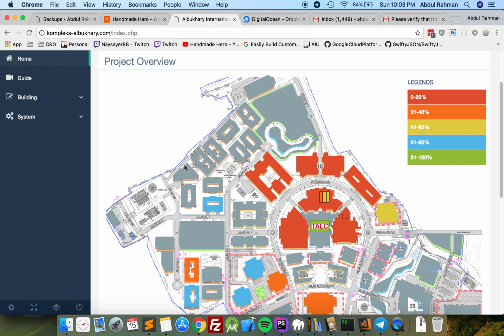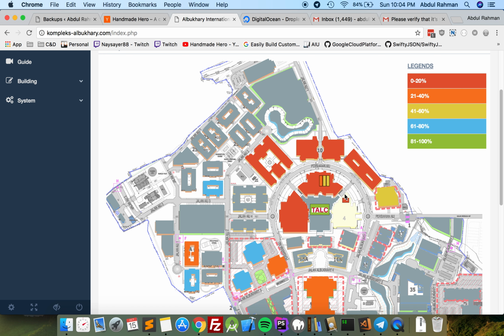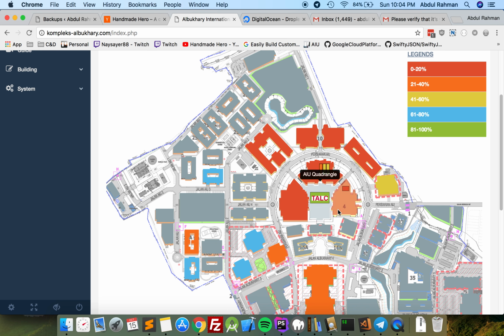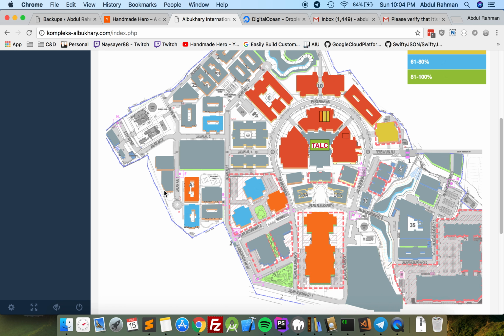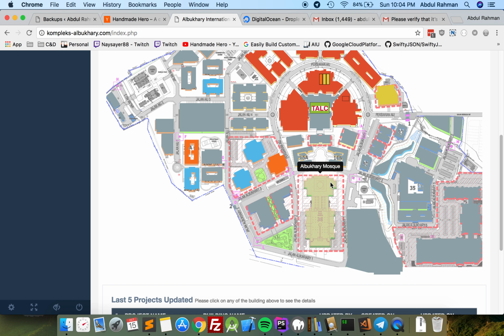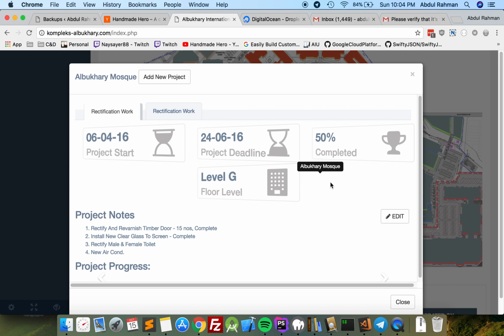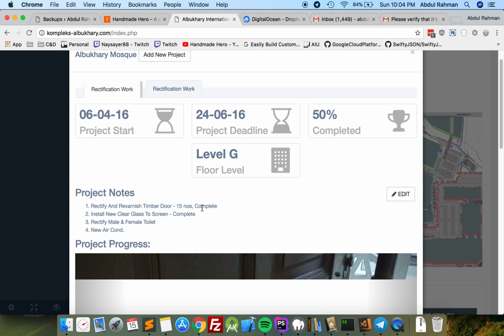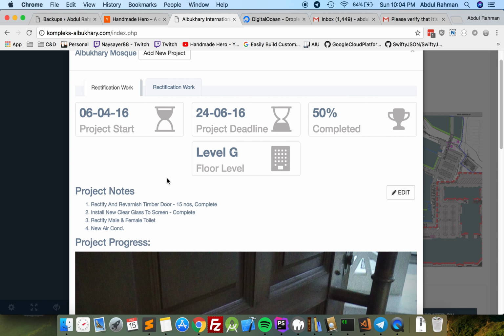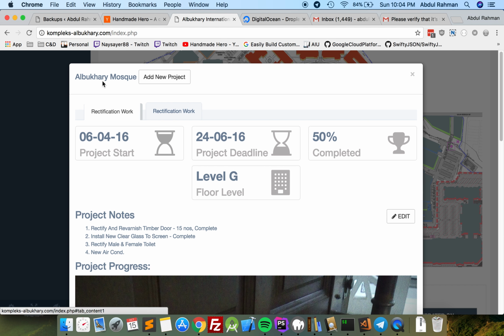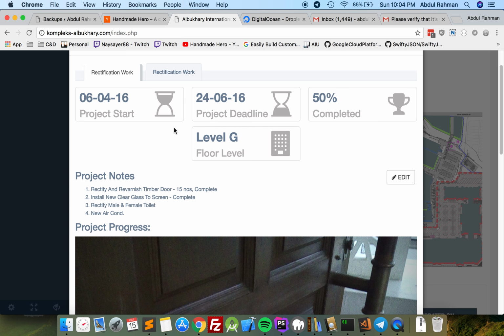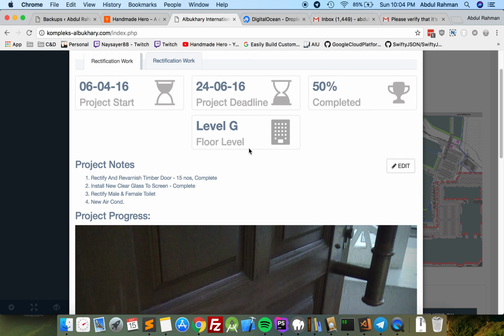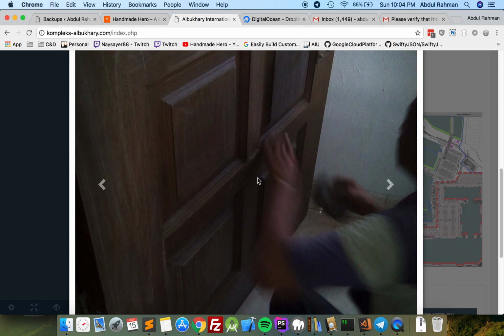So for example, let's say there's a library, a convocation hall, and this data center. All these places have projects running. For something like rectification in the Al-Bukhari Mosque, there's a project node, and then you can obviously add